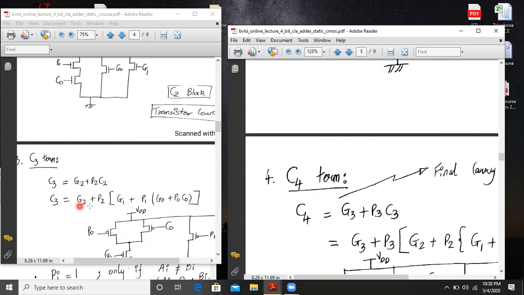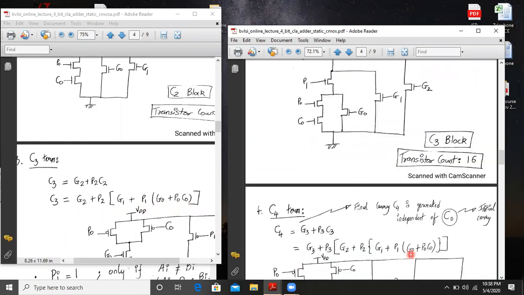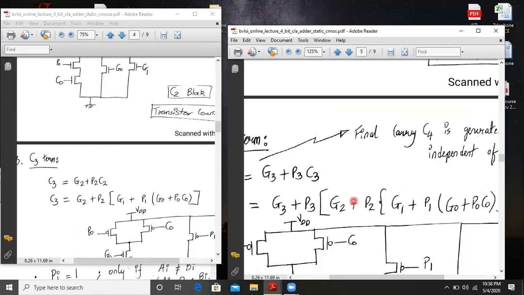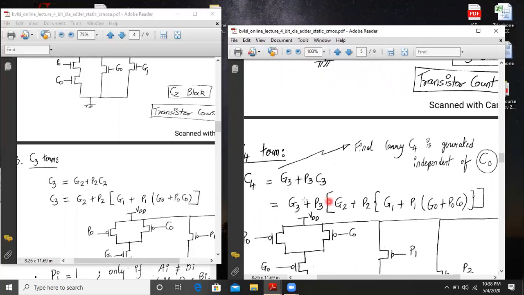So the entire term of C3, you pick it up from here and place it here. So you will get a huge expression again. C4 is given by G3 plus P3 into G2 plus P2 into G1 plus P1 into G0 plus P0 C0, and you have three brackets closed.